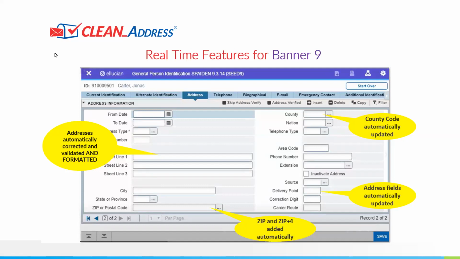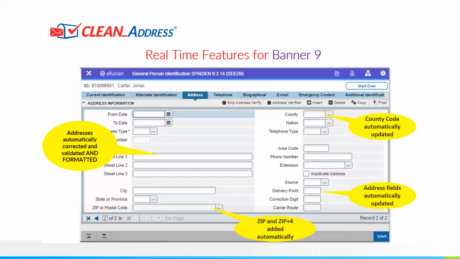So this would be your typical, and again, we're using Banner Spaden form for this particular discussion. As Scott was mentioning before, we do provide a lot of returned field information with every transaction with clean address. And as everyone does use clean address here, the return lines are going to be your house number, your street number, your city, your state, your zip or postal code, the county, and provided that there's a field for it in the Banner form or page or whatever you might be using for the applications here, there will be a return and that field will be populated.